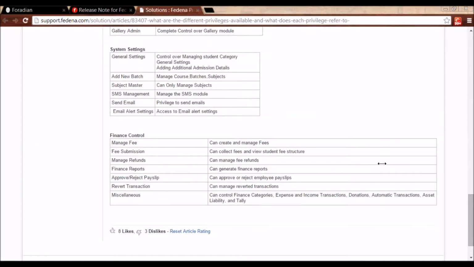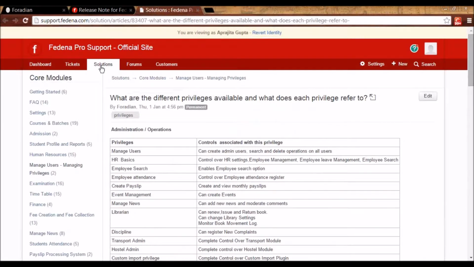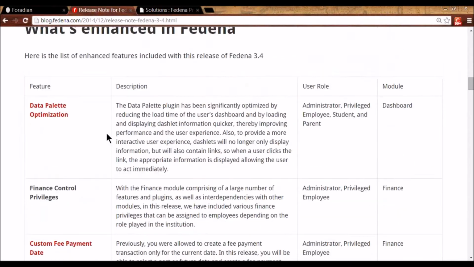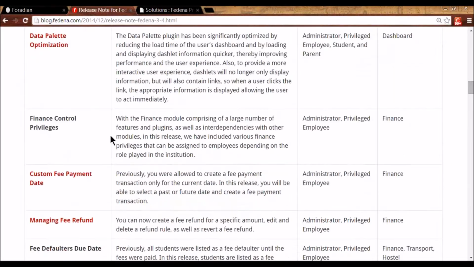I am pinging this link in the chat for your reference. This link also tells you about the new features that we have with FIDINA 3.4. When you click on the name of the feature here, you'll be able to get more details about it. So this is about the enhancement in finance control privileges.